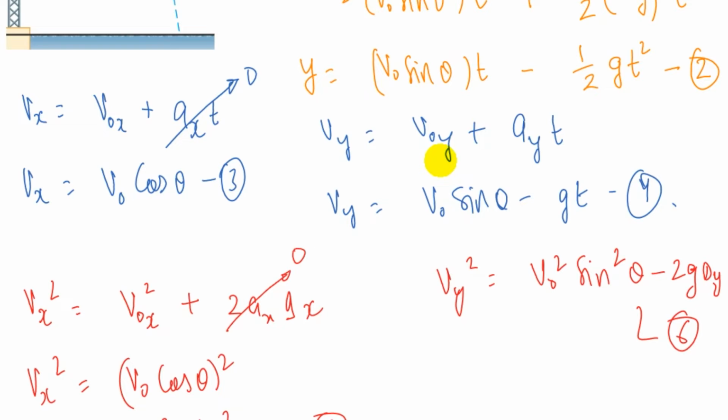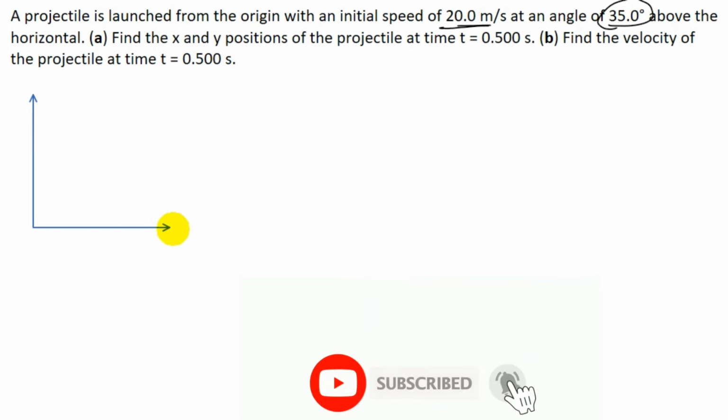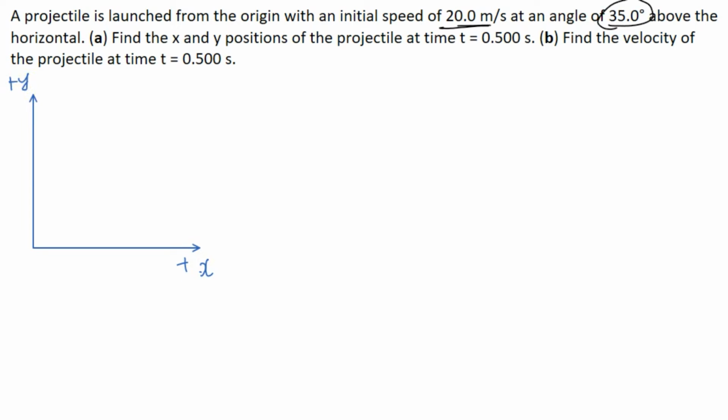Now we'll take an example on the general launch angle. So this is our example, and it says that a projectile is launched from the origin with an initial speed of 20 meters per second at an angle of 35 degrees above the horizontal. So let me first draw the coordinate system. This is the positive x and this is the positive y. Now the projectile is launched at an angle of 35 degrees above the horizontal. So this is the direction of the velocity, and this angle is 35 degrees, and the velocity v0 we have